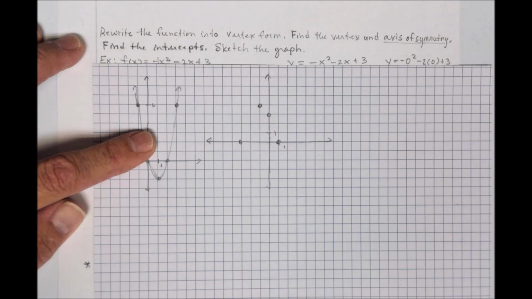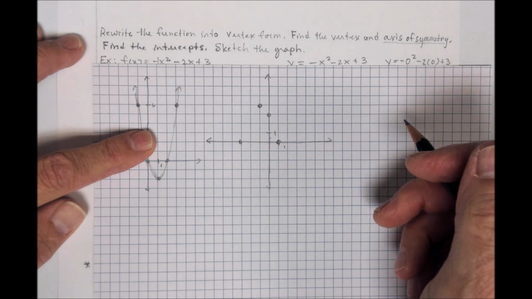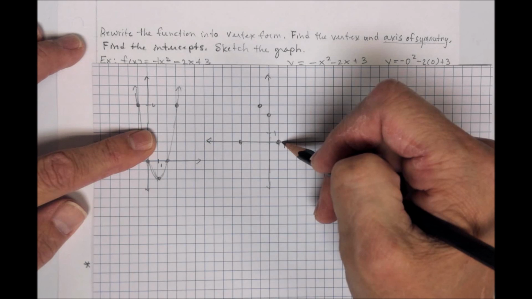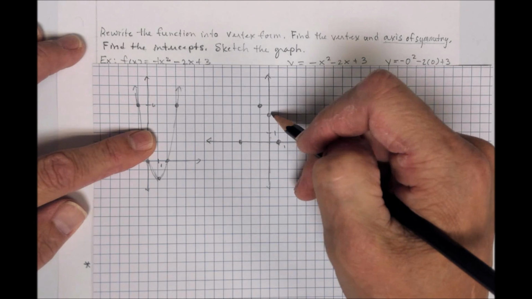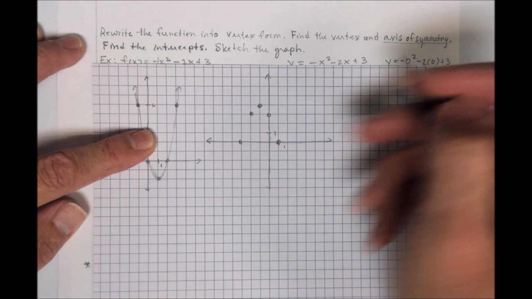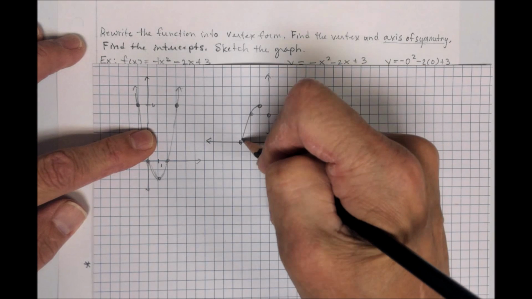Well, I don't think I'm going to need a t-chart on this one because I already see my symmetry right here, especially since I have the x-intercepts. And look, if I go down 1 and right 1 and have a point, I go down 1 and left 1, I'd have another point. See that symmetry? And so now to make the sketch,